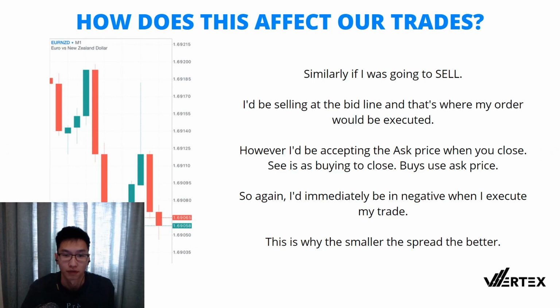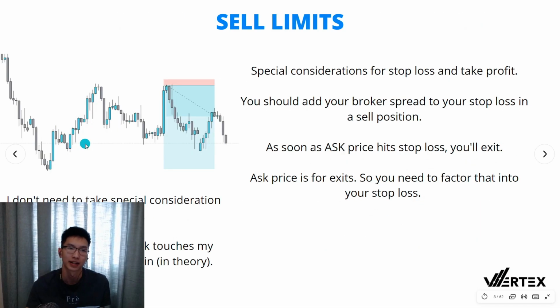Hopefully this is really straightforward for you guys. I'm trying to keep it as simple as possible. So again, immediately be a negative when I execute my trade. This is why the smaller the spread, the better, as I've just said. Now, we're going to move on to sell limits, and I'm going to show an example and try and annotate